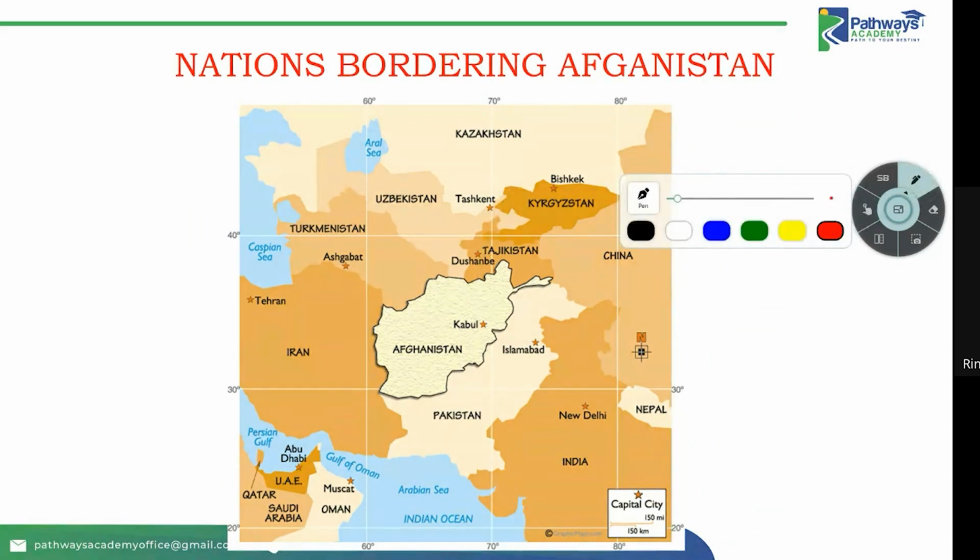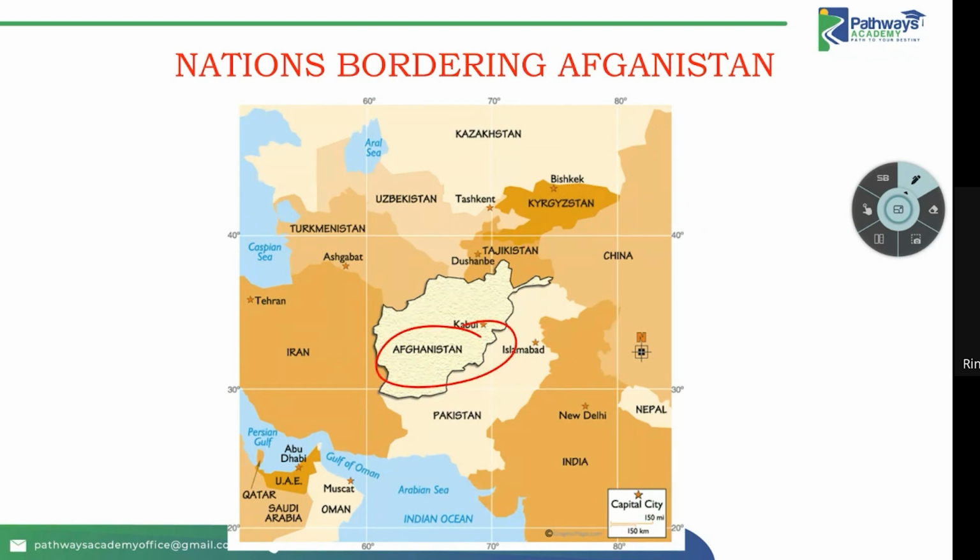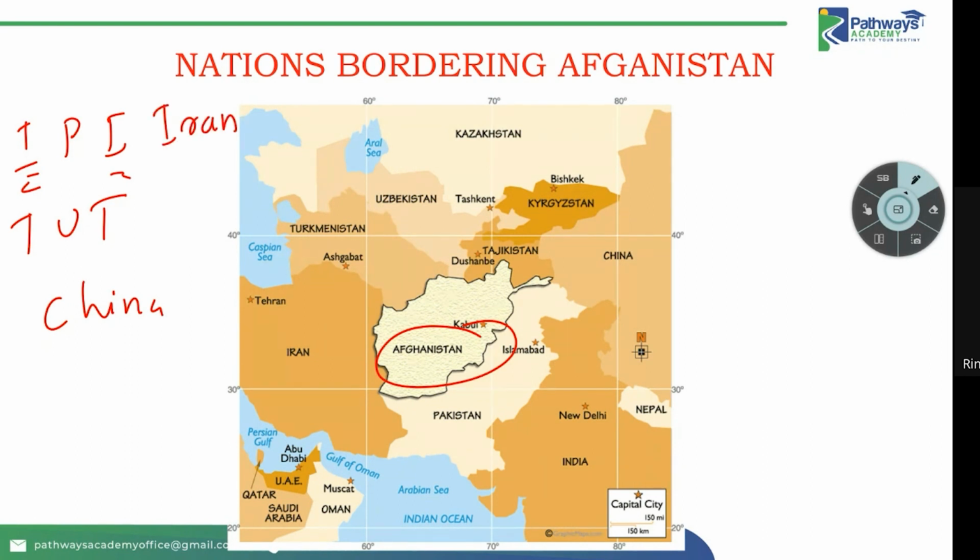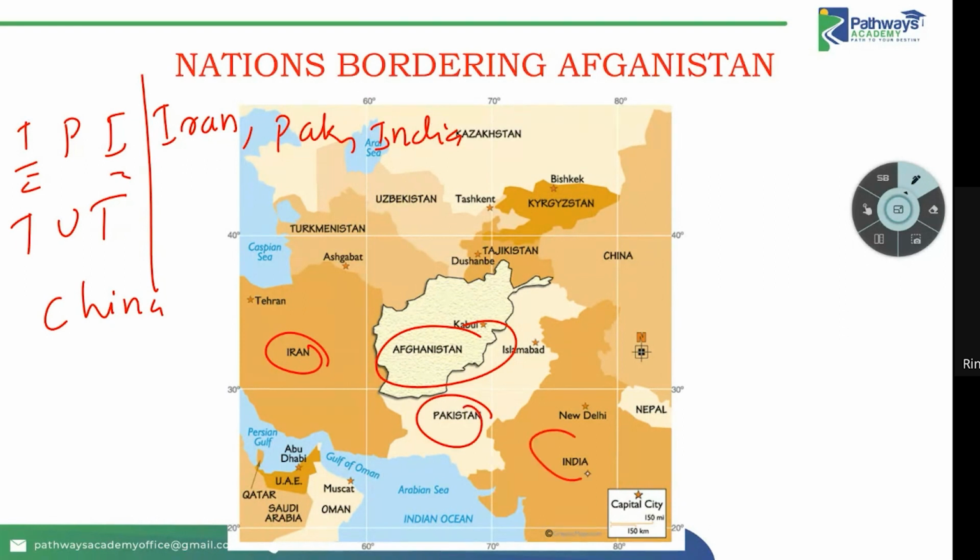Next is Afghanistan. Afghanistan is very, very important for India because India acts as the elder brother of Afghanistan. The nations encircling Afghanistan include IPI, TUT, and China. What is IPI? Iran, Pakistan, India. You can see here Iran, Pakistan, India. That is IPI. Then TUT, Turkmenistan, Uzbekistan, and